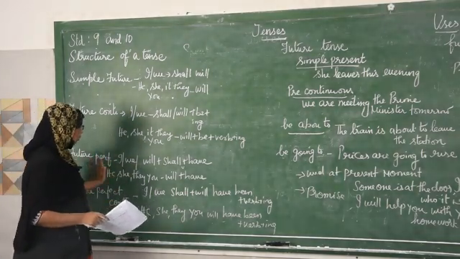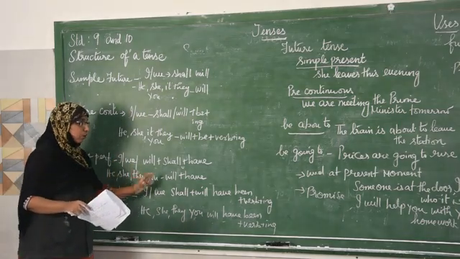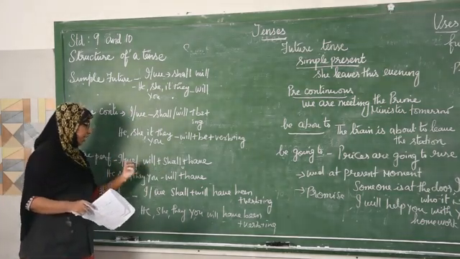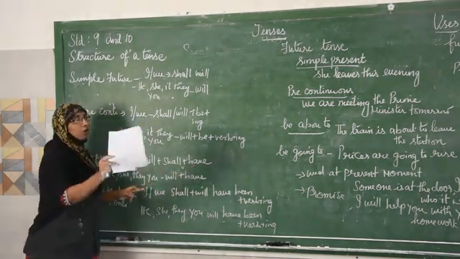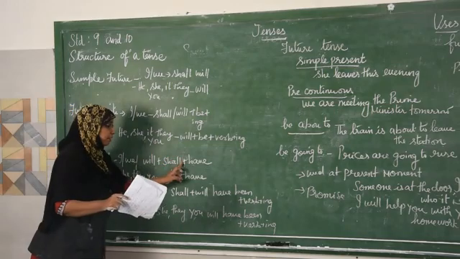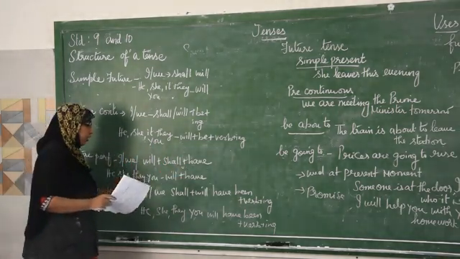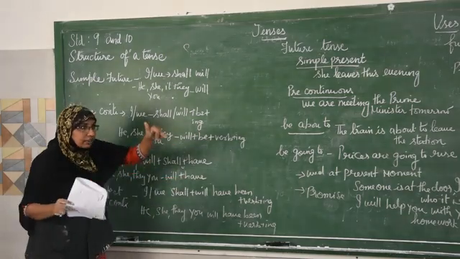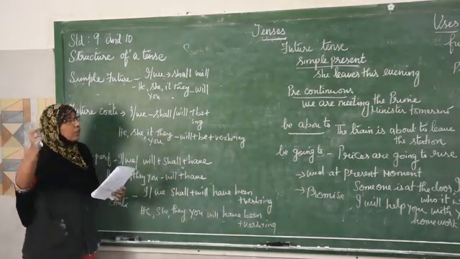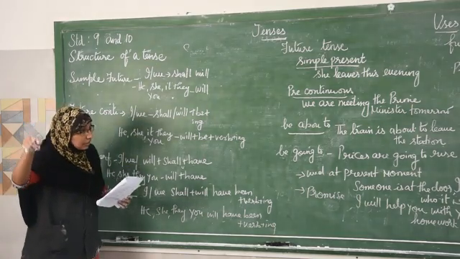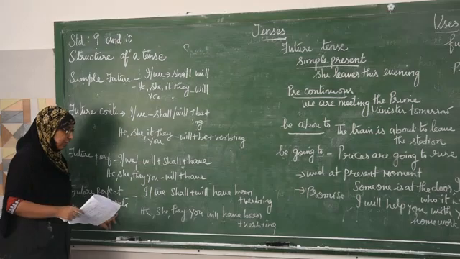Now the next one is future perfect. Again, I or we, he, she, they, you. Either you can use will or shall for I or we. Then you have to use have. You should not use had here. Will plus have plus past participle. He will have returned the test by next week. It refers to an action which should have been completed in the future. Clear?